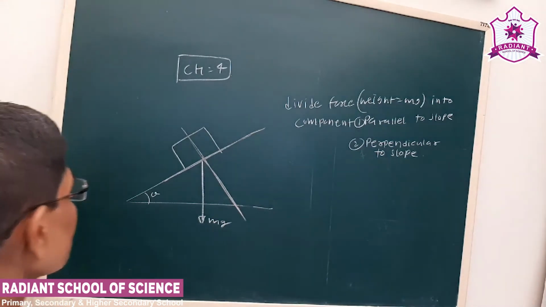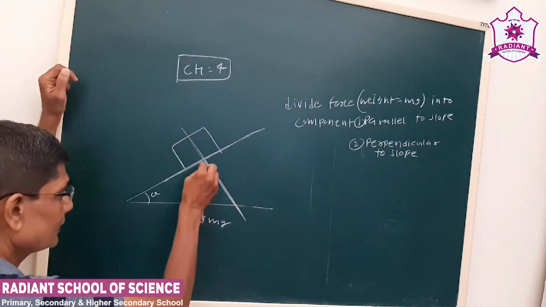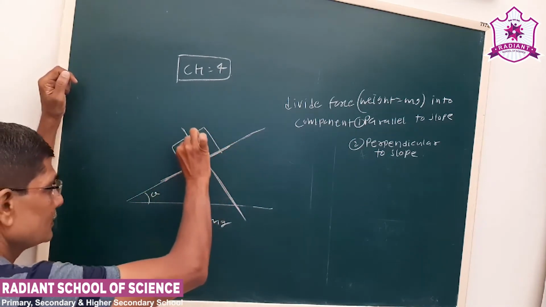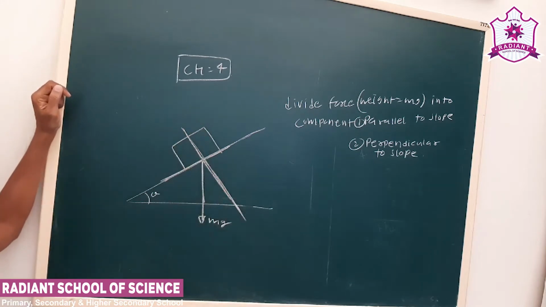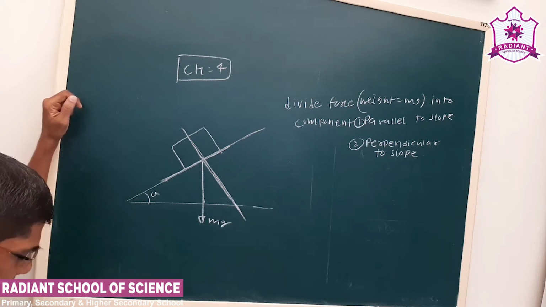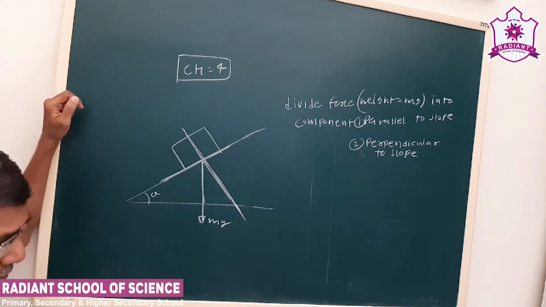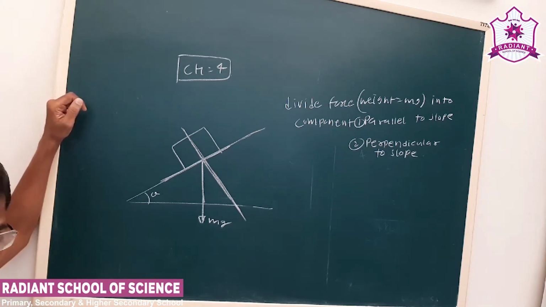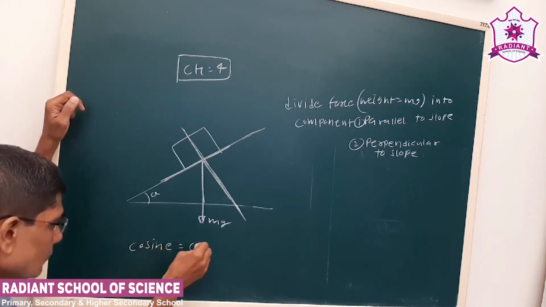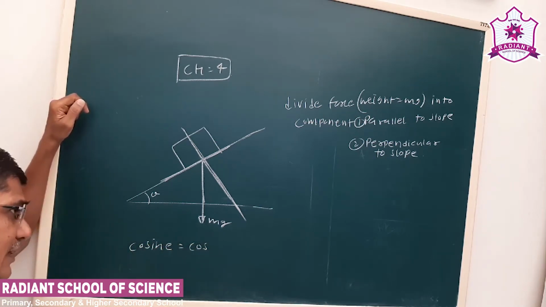Also, see, this is a vector. These are our directions. Let us say one direction is parallel to the slope, second is perpendicular to the slope. Theta with that axis is also not given. Okay, then our definition will work well. Again I reiterate: the component of a vector in any direction is the product of the magnitude of the vector and the cosine of the angle made with the given direction.